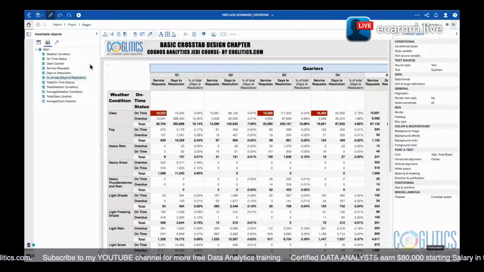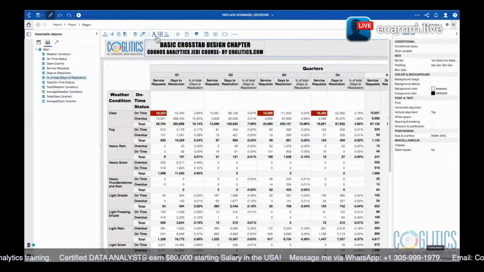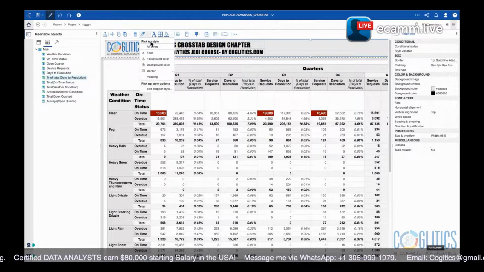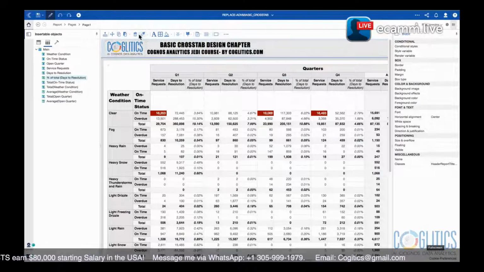So this is what I want you to do. If you want to do the same thing that I'm doing, do this. This is a bit of a cheat, but it is a good cheat, okay? First, let's keep the things uniform. I'm going to copy the background. I'm going to select the entire background here, and I'm going to push it. And I want to use the same report for two different reports, the basic crosstab and the advanced crosstab,